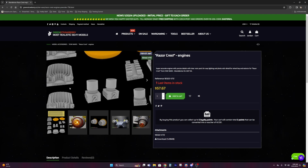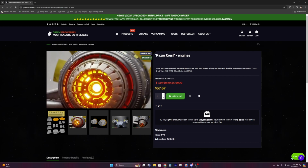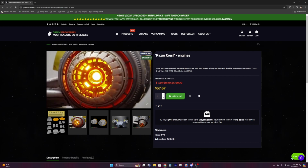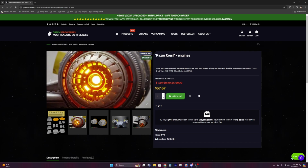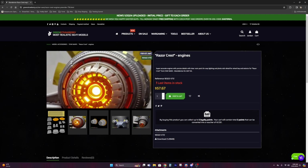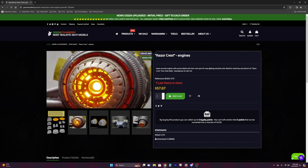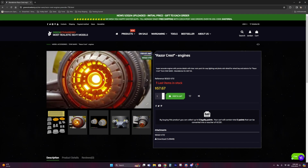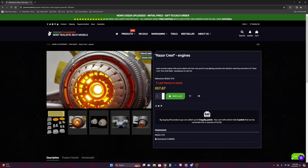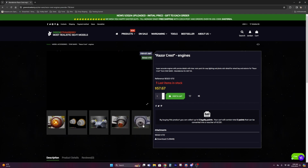And then, my friends, this is the effect that we get. And there's no way that I would have been able to simulate that effect with the stock parts. The engines are going to look so good. I'm going to have them pulsing, basically, and it'll look like the engines are ready to roll at all times. And so here's one more look at that